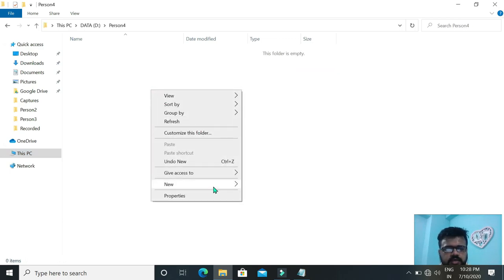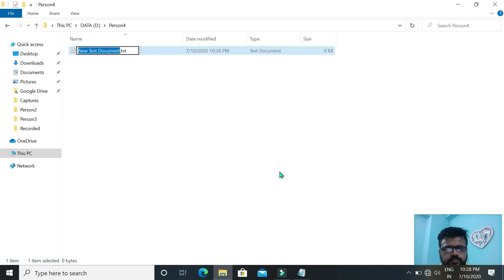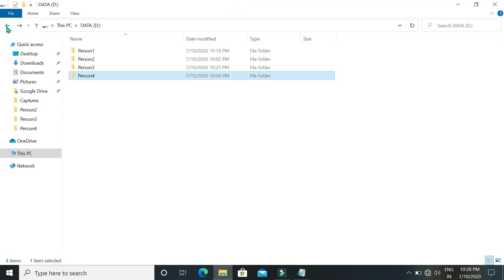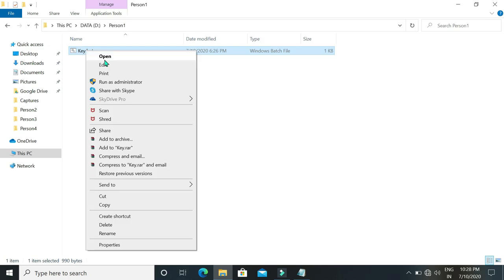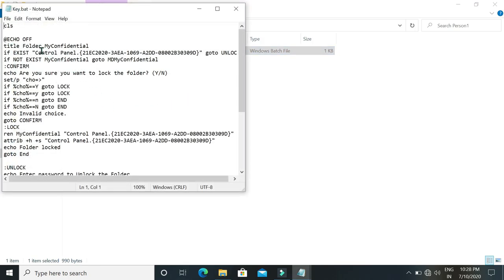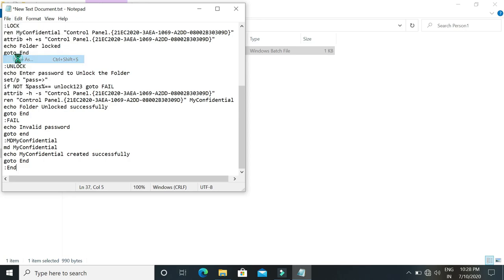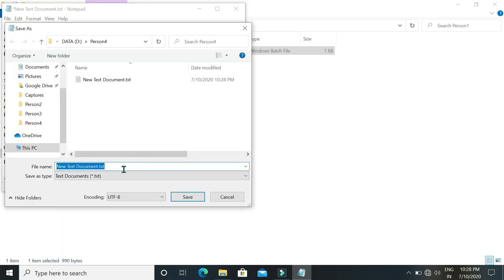You have to again create a text file, copy the code, and save it with the name lock my folder, or any name you want to give, and give the file type as batch file.